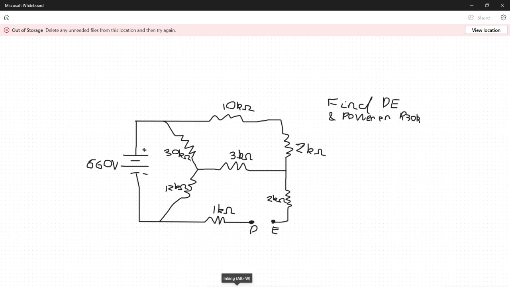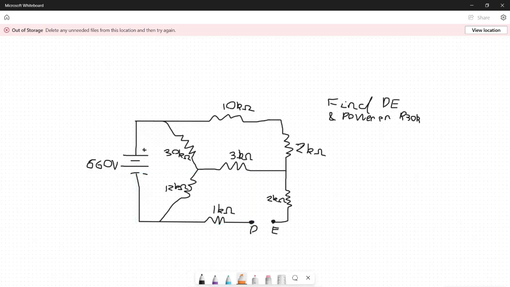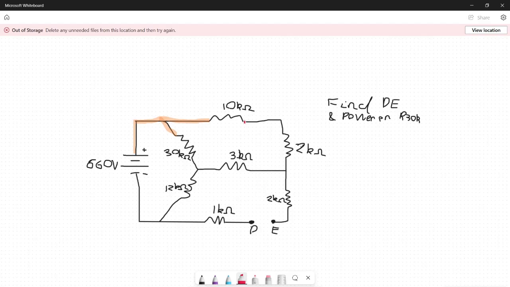So before we even start looking at what we're trying to find out, let's figure out what this circuit is. Now we're going to color in every single node. I'm going to start off with an orange node. This is our first potential. Everything here has the same potential as the source, 660 volts. And then I'm going to take this, and this is the red